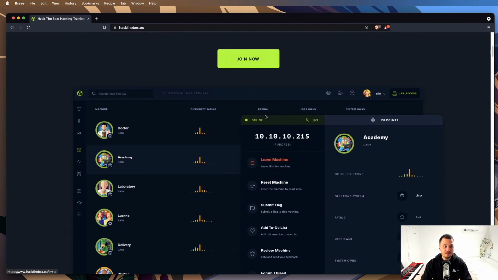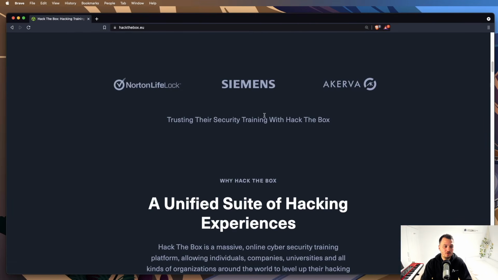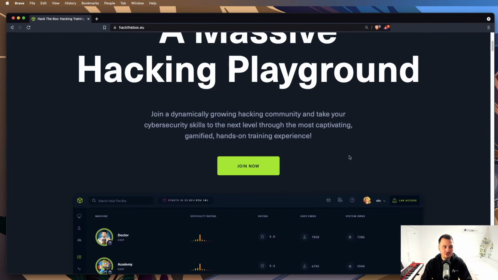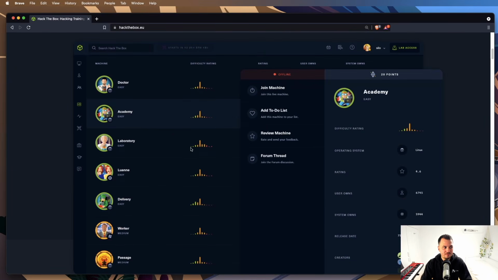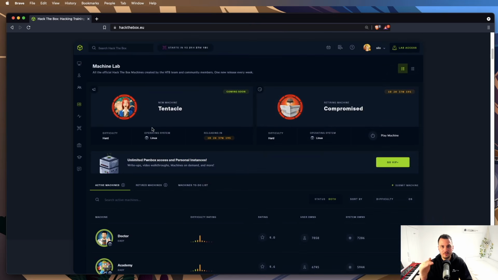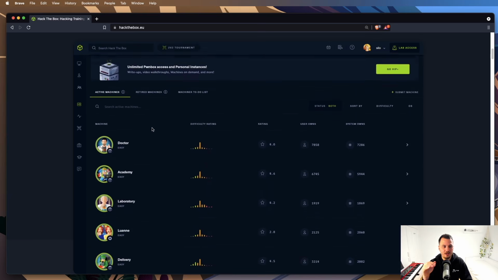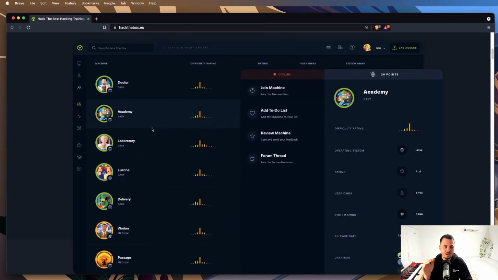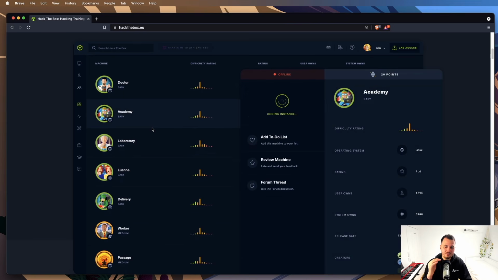But now it's a whole lot more, and they've got a lot more educational material on here. I won't sign in to show you, but you can get a glimpse of their platform just from the screenshots here. They've got a bunch of different, I can't remember what they call them, but they're basically labs where you go through and they'll teach you about all different kinds of things. So there might be a web application lab that will teach you about cross-site scripting and SQL injection and things like that. There might be another lab that's for